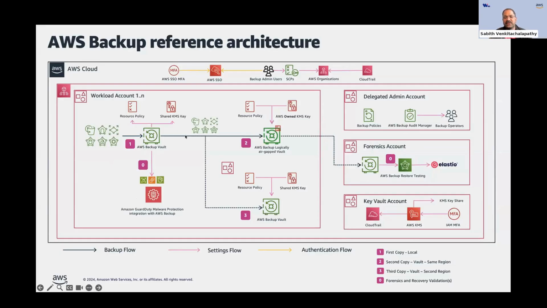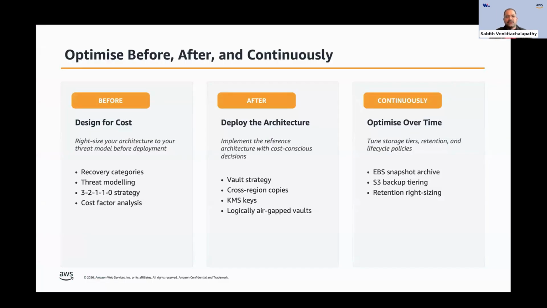And as you can see, this entire architecture will be complicated when you're operating this at scale. We have customers who operate workload accounts in the tens or hundreds or even thousands. And if you were to operate this at scale, that's when the complications of identifying cost optimization opportunities and then operating upon them at scale come into play. So, like I was mentioning earlier, it is a continuous process that you would have to go through. So there is before, there is after, and there is continuous improvement on it.